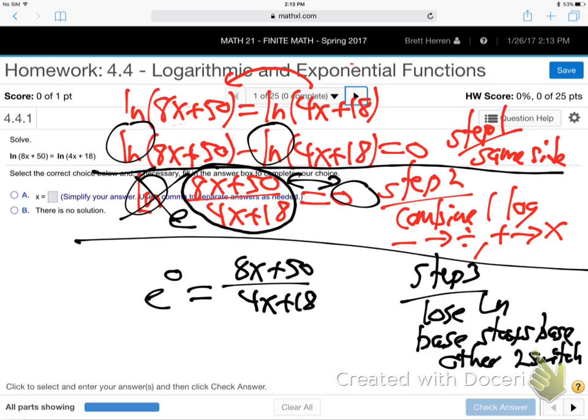We have no more log now. Notice, we had 2 logs, 1 log, no log. So I call it log countdown. 2 logs, 1 log, no log. Okay. Now, what do you remember about algebra? What's E to the 0 power? What's anything to the 0 power? That's 1. E's just a special number. So it's just a number. Okay, so we got that. Now,